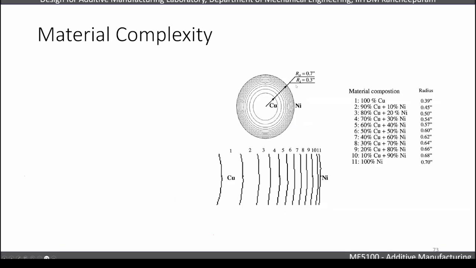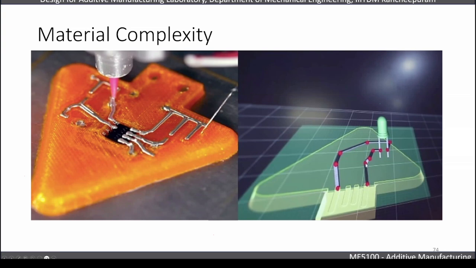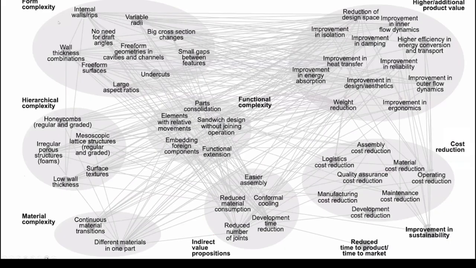And material complexity where you can have composition, but this is a little difficult to get, but still the metal deposition process can aim for varying percentages. I think it's called compositionally heterogeneous materials, right? And also electronic 3D printing, embedding foreign components like IC chips into the design, and then the ability to design them having active passive components in it, and then the polymer part again can be 3D printed with electronic applications, right? So in summary, you can see form or geometry complexity, hierarchical complexity, material complexity, and functional complexity, leading